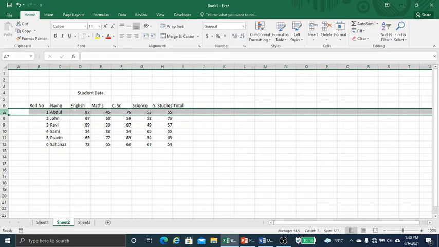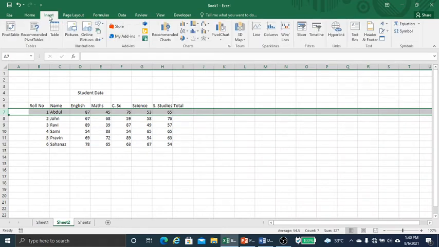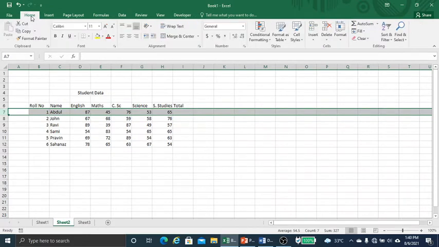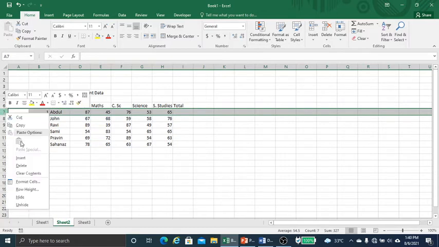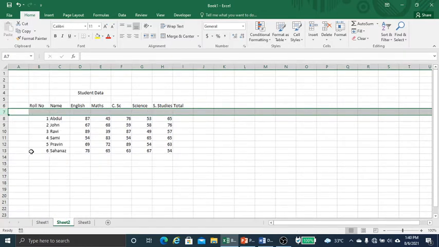Then I click on the Insert tab, in the Cells group. The software I am using is Office 2016, so I am showing another way. You can right-click, and you can see Insert here. See, a new row got inserted.